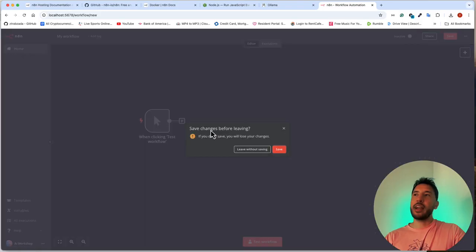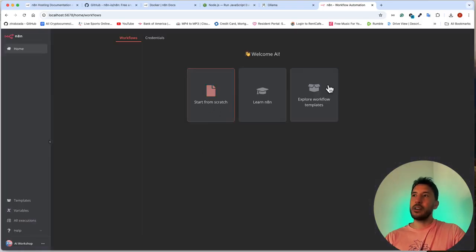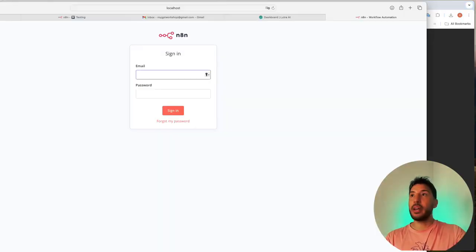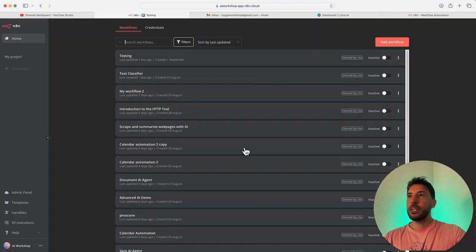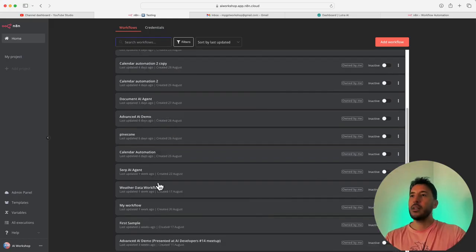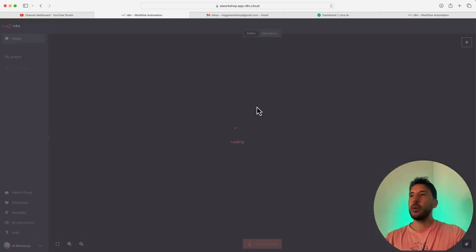If you already have an account, let me go ahead and show you. Right now there's nothing here. So if you already have an account in cloud and you've created several workflows, the way to grab the workflows from there and bring them over here is to go back to your n8n cloud account. Let me open that and go to my workflows here. Let's say I already have a bunch of workflows on my cloud account, and I want to bring in this workflow